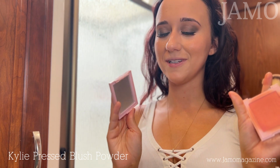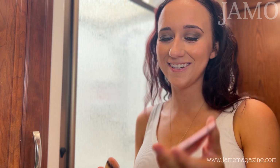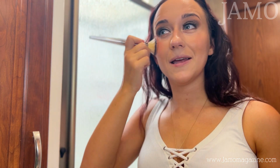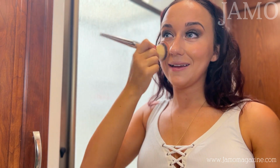And this one too, as you will see, has also seen a lot of road love. It's broken, but it'll still kind of close if I work hard enough at it. So go in, look at how much is this. This is another one I've had for years, and it's still giving me a lot of product, hence why we keep it. And then I'm gonna just hit this on the high points of my face and the tops of